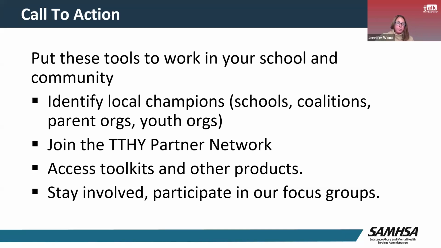And you can integrate your tools into existing initiatives. Like Chelsea had mentioned, all of these resources are customizable and you could add your own logos along with how it's already marketed and branded. So you don't have to recreate the wheel. It's all here, and we are here to help walk you through it. We're just a phone call away. We often will hop on Zooms or webinars to help people, provide TA. So there's that piece, which is huge. And again, it's something that you can integrate into your existing initiatives and really help build that and move your school-based prevention curricula forward and parent engagement and all of that.